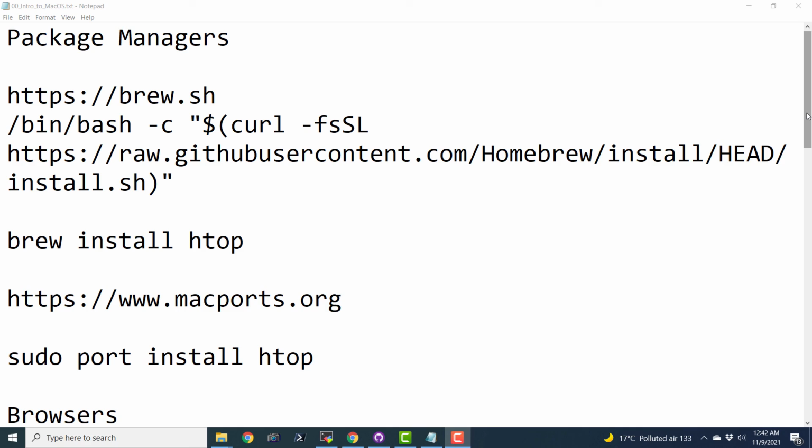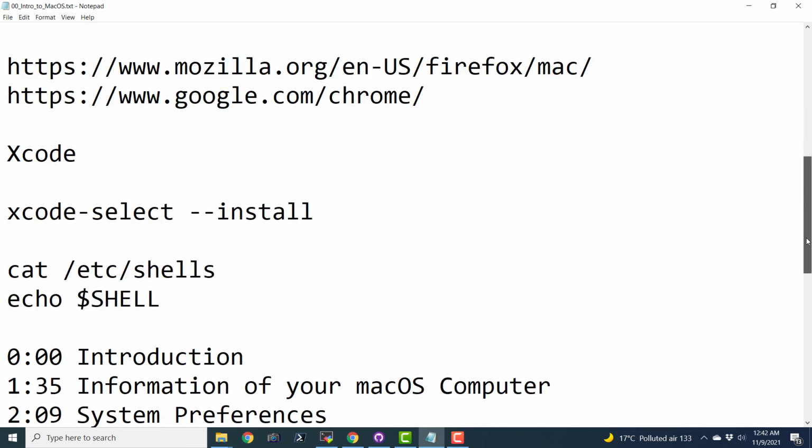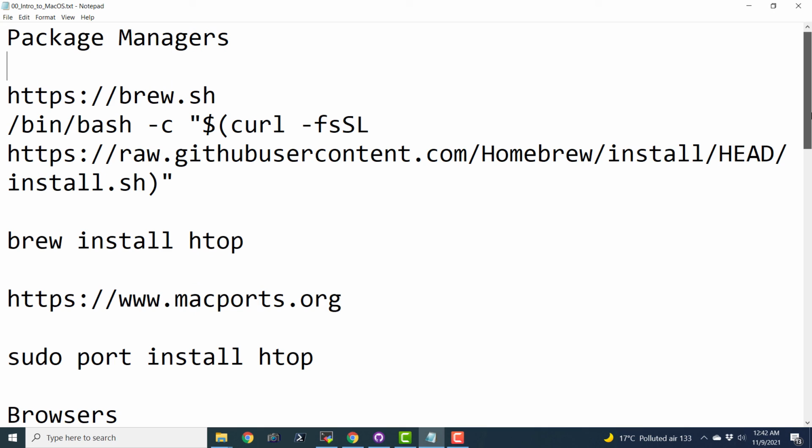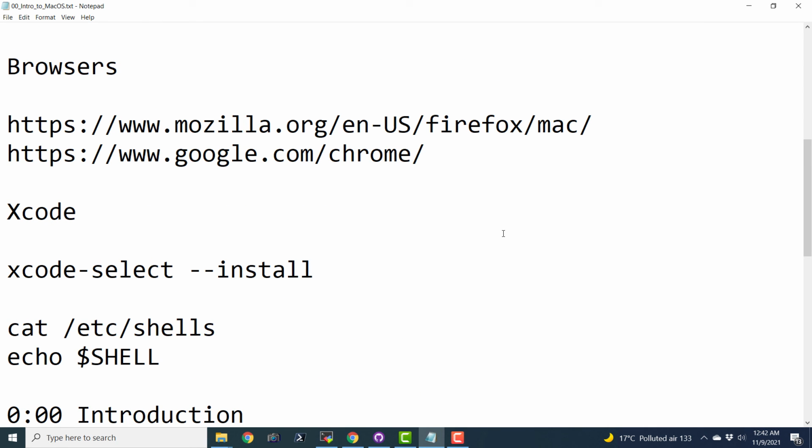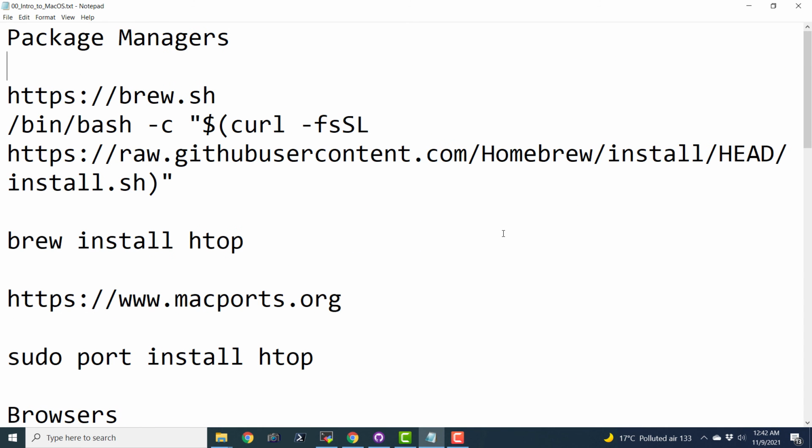So let us conclude this video lecture. We have gone through a lot of content in this single video. In the beginning, we studied the basics of Mac OS and how to invoke the program. Then we also saw the terminal in Mac OS. We installed various package managers, and then we also installed browsers. We installed the Xcode IDE, and we learned how to write programs with C and C++ and how to execute them with Xcode. We also learned how to install Python and the Thonny Python editor and Jupyter Lab as well as Jupyter Notebook.